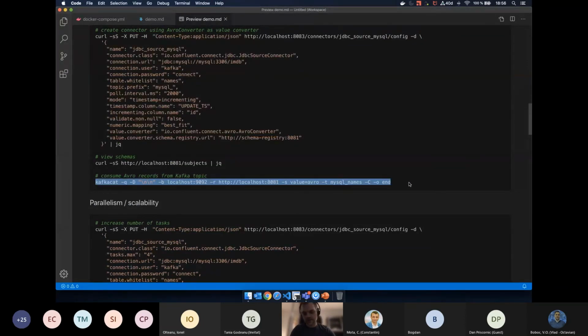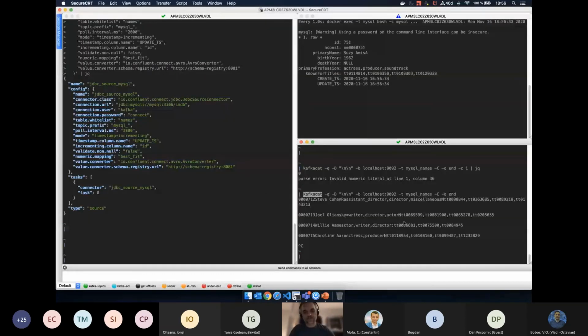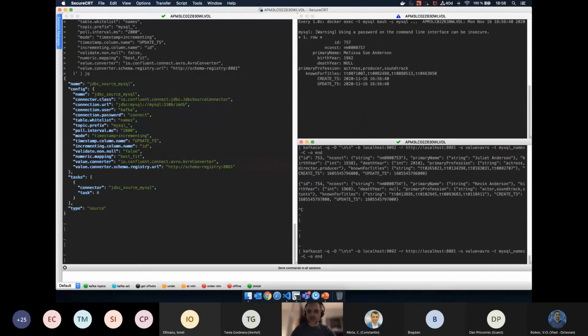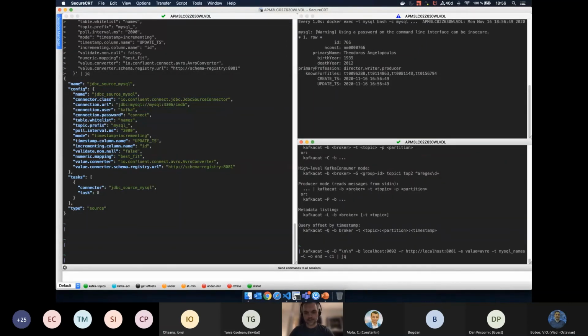I'm specifying for Kafka-Cat the location of our schema registry, and that our values are Avro. And now let me consume a single message and pretty format it.